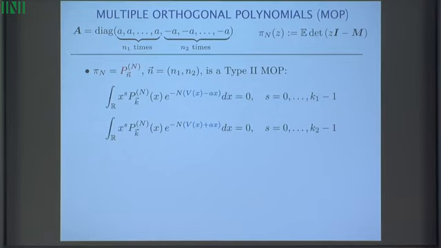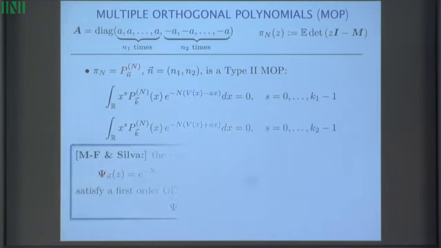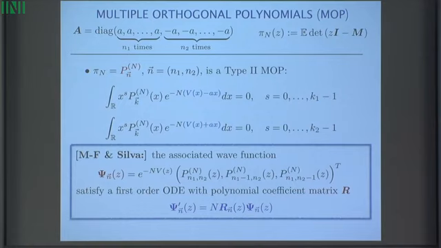I'm trying to advocate the role of these multiple orthogonal polynomials because they were introduced and studied, I would say, in the 80s, for instance, from the point of view of approximation theory. Also in number theory, they have some applications. But it looked like they were only restricted to those areas. Now, in random matrices, they appear quite naturally. It turns out their very rich and sophisticated analytic theory has direct application in all these studies. So the first thing, as I said, multiple orthogonal polynomials. Then we have the following theorem.